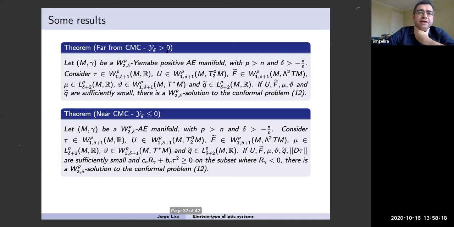Yamabe invariant positive, even in the case when you have a very large, say, mean curvature. There is no need of imposing that the mean curvature is constant or zero. We can consider the far-from-CMC case, but you have to impose that condition on the general background metric. So we have an initial metric gamma on M, which has a positive Yamabe invariant. In that case, choosing that